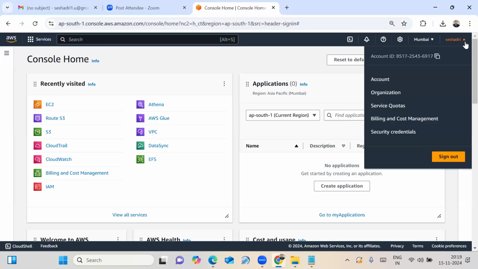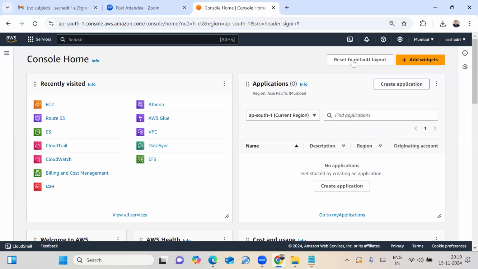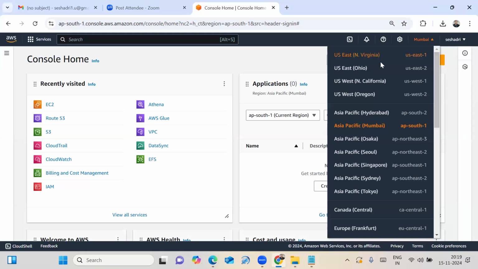See that? This is my account ID. At the top right side, my name is there. And here, if you click on this arrow mark, those are nothing but the regions in my AWS account. US East North Virginia region, California region, Hyderabad region, Mumbai region, Singapore region.